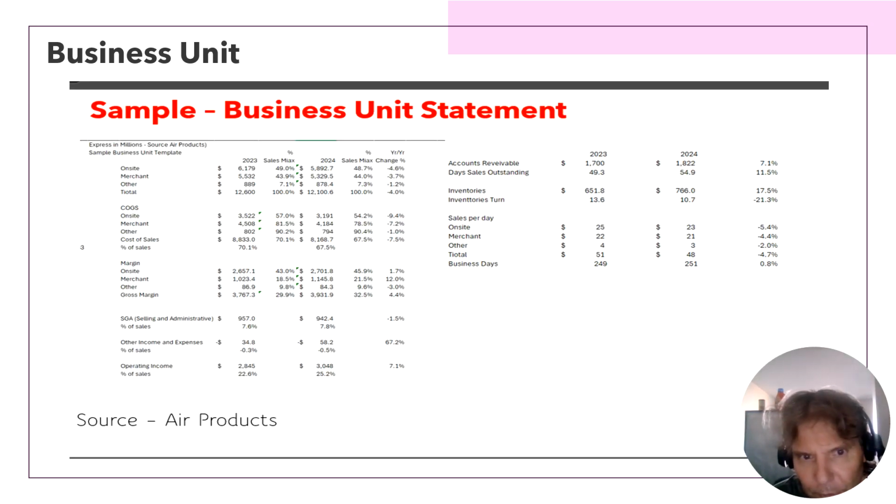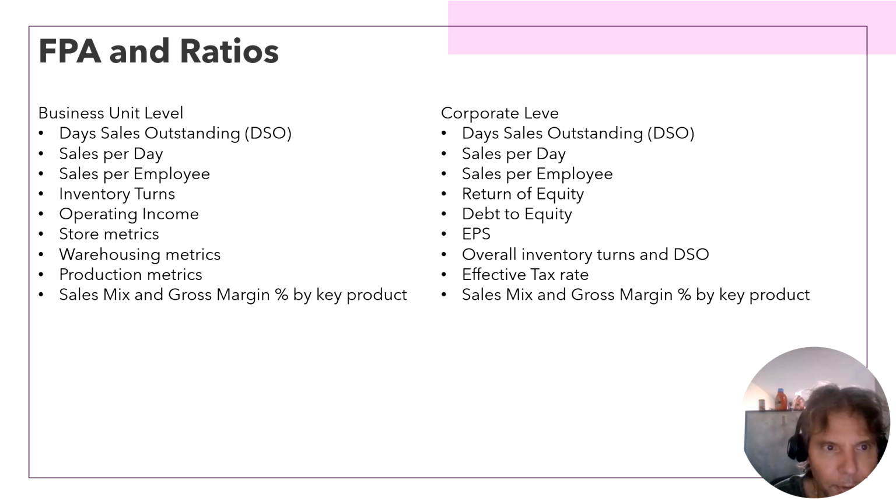This is just giving you an example of business unit level. I'll use Air Products for example because they would have store packaged gas facilities and air separation plants, but this gives you an idea where I focused on, which was accounts receivable, inventory, day sales outstanding, but it basically gives you what they have a lot more control over in terms of operational metrics. This gives you an idea in terms of the ratios themselves, in terms of how they're viewed and how they're pulled together.